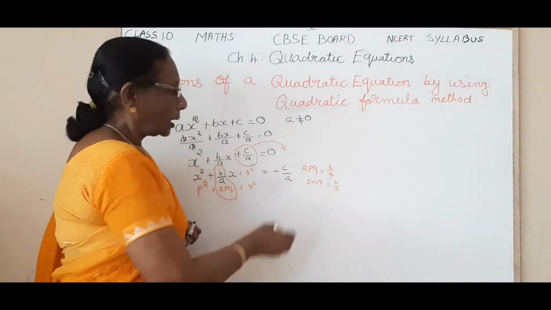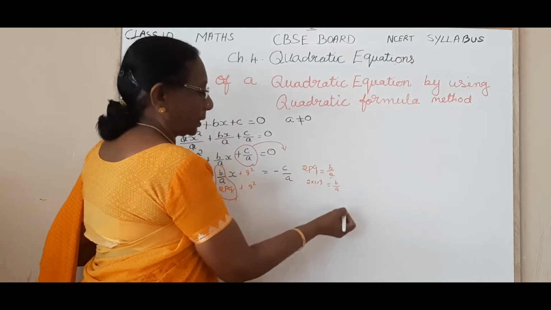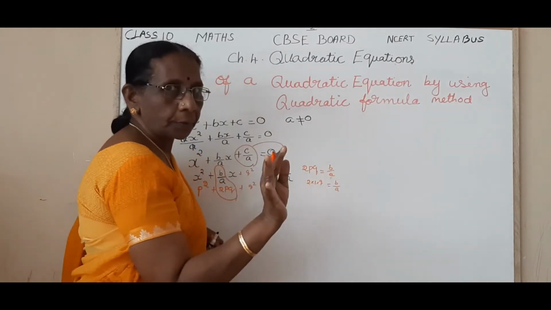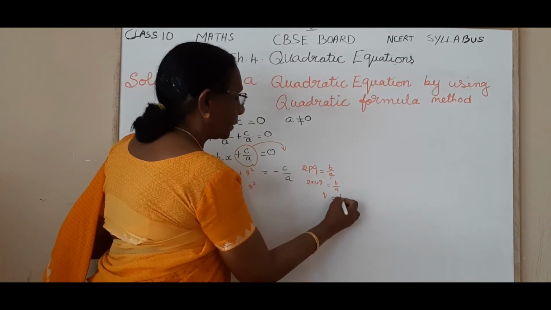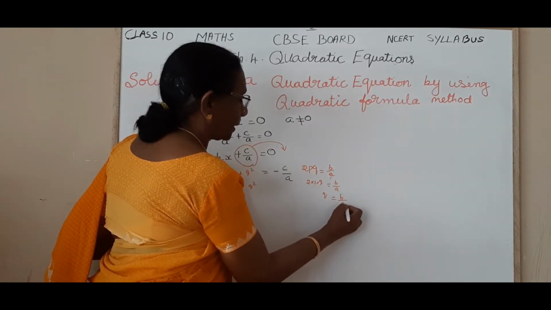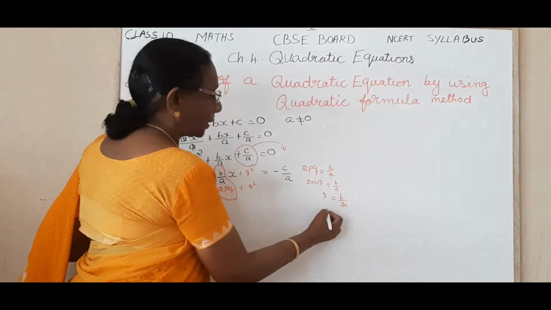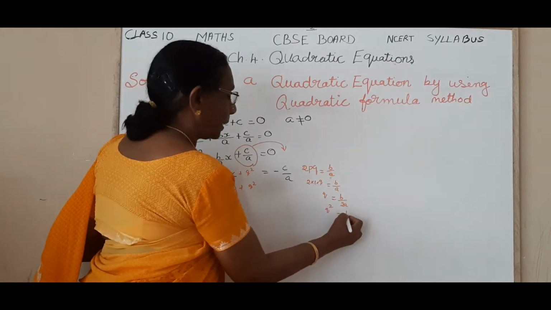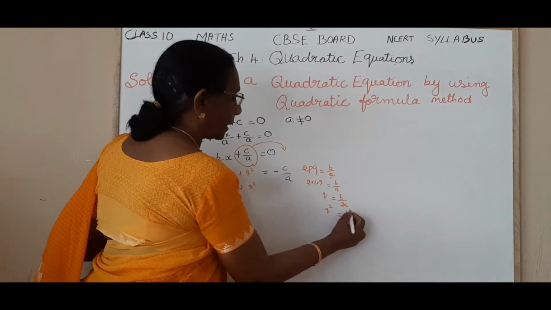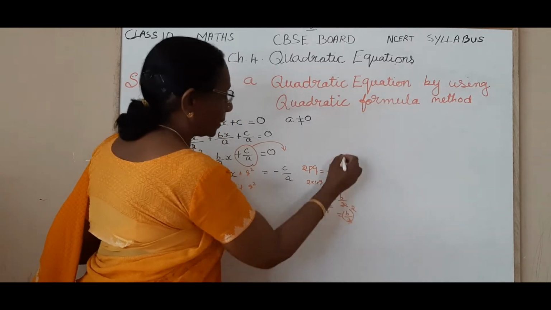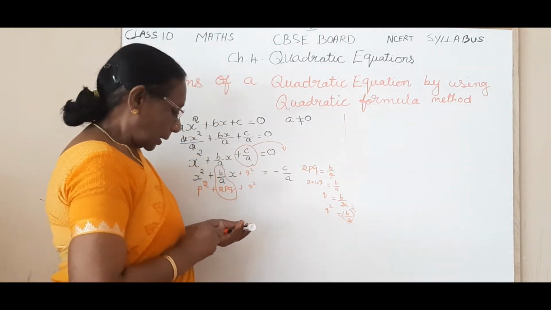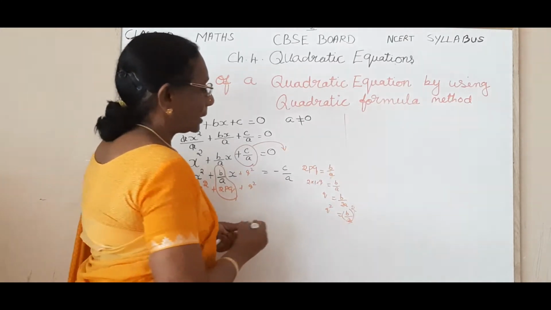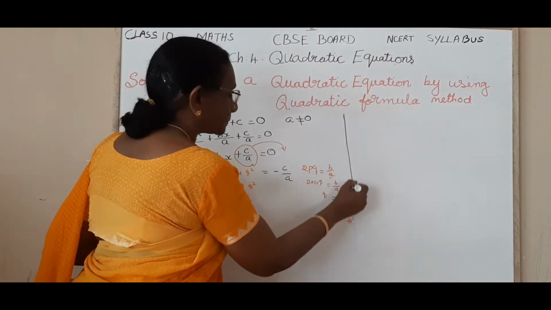Is it clear? Now, you bring this to here because we want only the value of q. We don't want 2q. So, q is equal to b by 2a. So, what will be q square? b by 2a the whole square. Is it clear now? So now we have calculated the value of q.